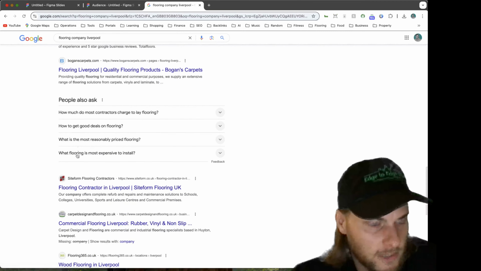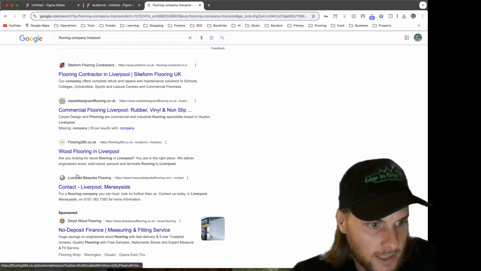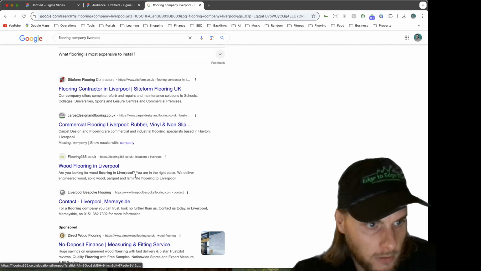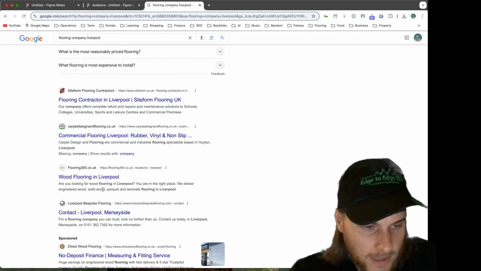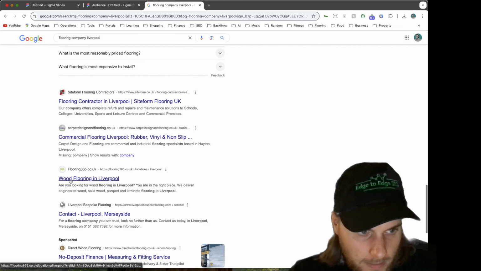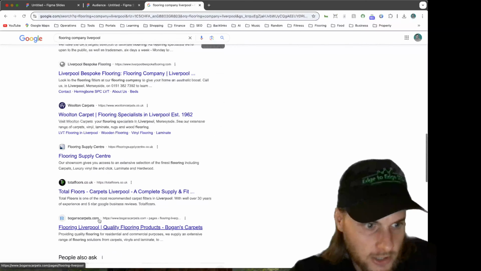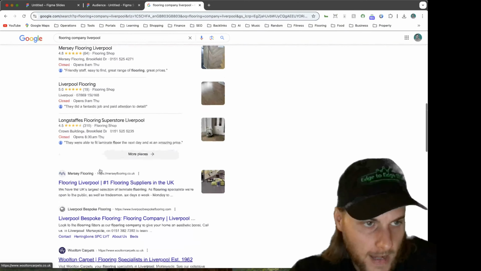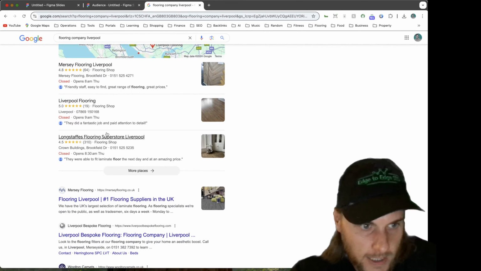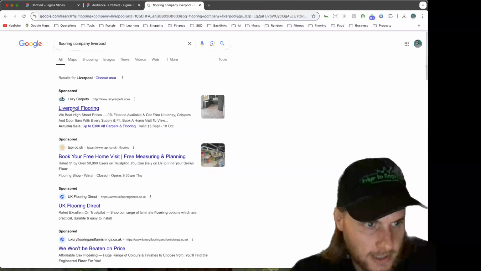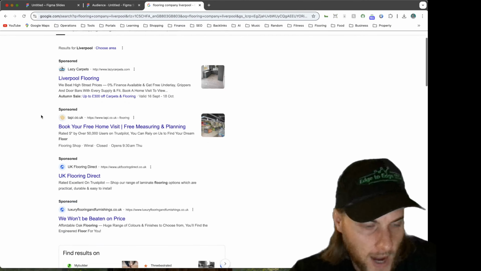It's almost to the point now where if you are at the bottom of page 1 here, the bottom four, they're not going to be getting that much. They'll be getting the odd click here and there, but really it is going to be going to the top 3 organic. It's going to be going to the top 3 in Google Maps, and it's going to be going to the top 1 or 2 Google Ads.